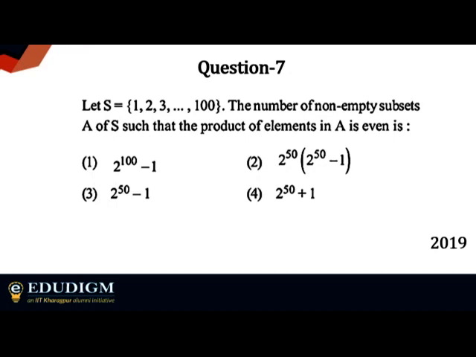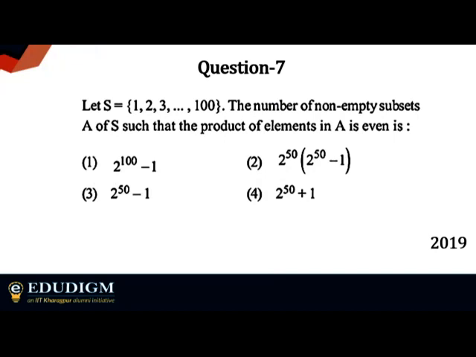The point is, if you are talking about the products of the elements, you know that anything multiplied with an even number, suppose if it's an odd number or an even number, it'll give you an even number. So obviously, you have to find out the subsets where the product is even. Even if there's one even number in the mix, it's going to be even. I have been getting a lot of answers saying it's option 2, which is absolutely correct. I will reveal the solution.